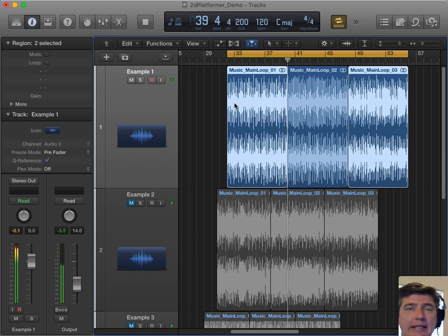You should maintain the same key and the same tempo and time signature through all 3 of these, or through the whole composition, actually through all 9 files. It needs to feel like the same band, the same instruments playing different parts of the same song. So it can't feel like 3 different pieces of music. It needs to feel like one cohesive composition that's just chopped up into its individual parts.